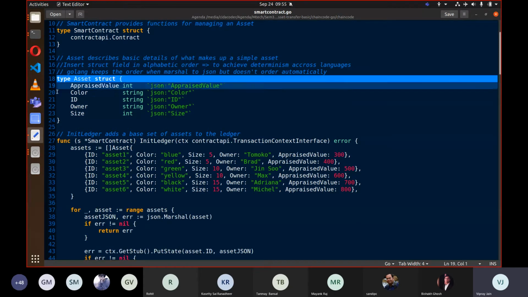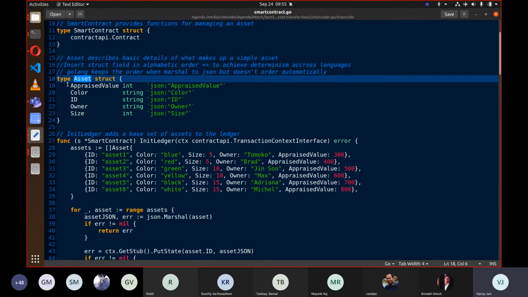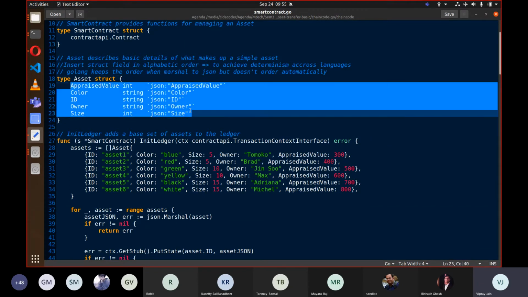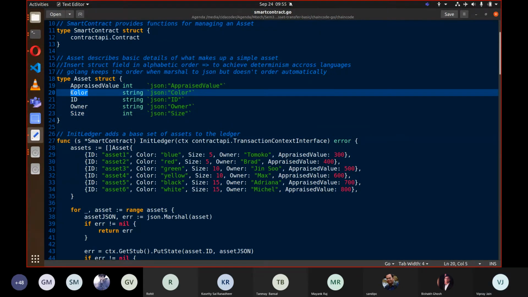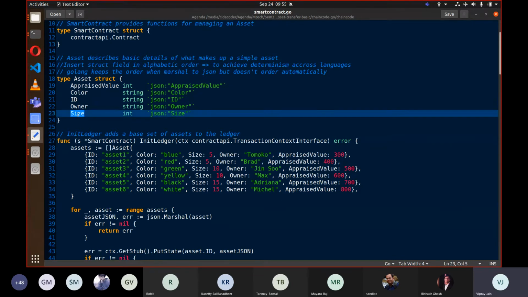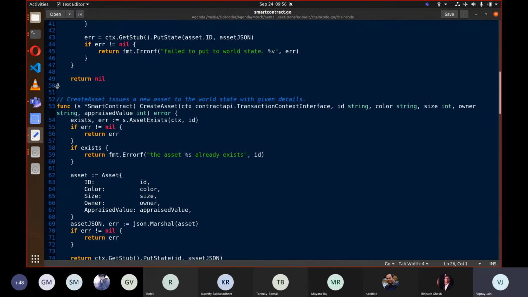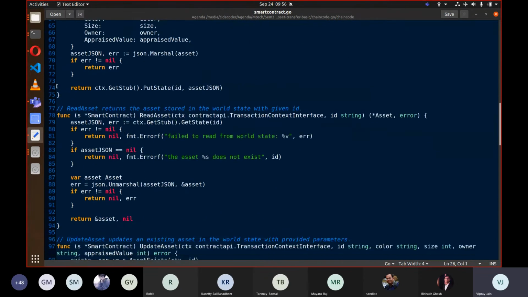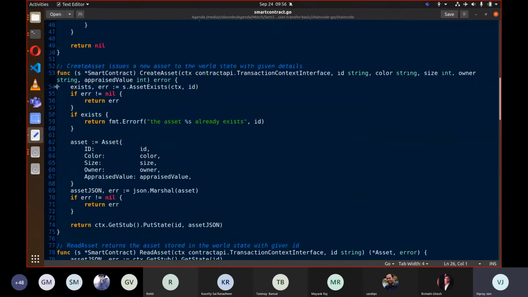So here is the asset structure which contains all the attributes which we are going to store in our chain code in the form of JSON. So there is some appraised value, the owner. These are the functions which will be understood better when I write a smart contract from scratch.